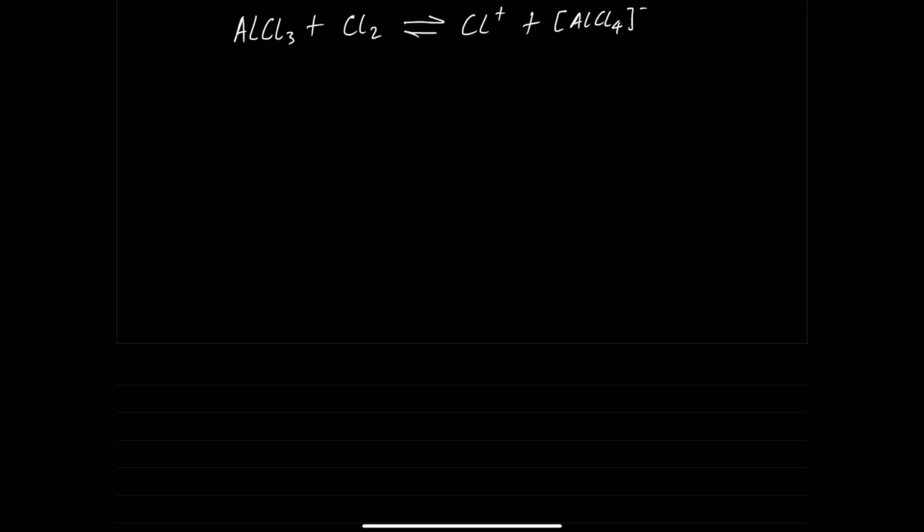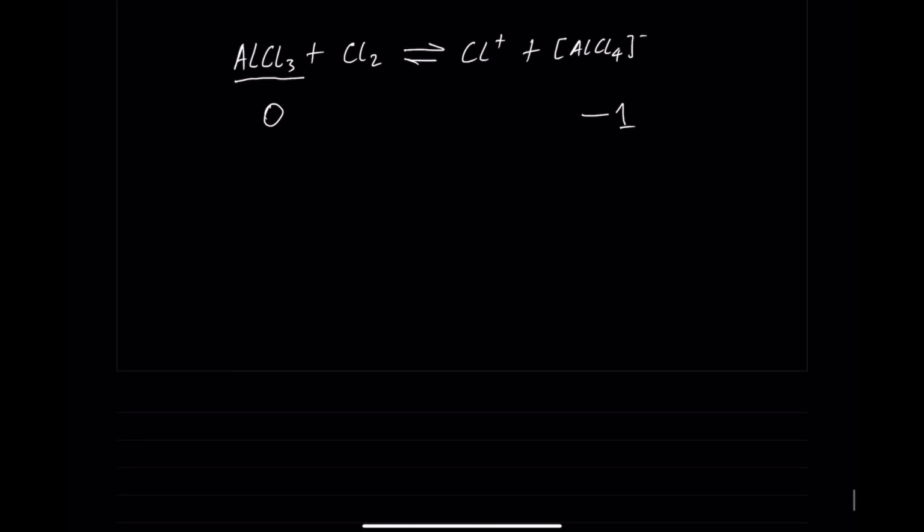And a base is going to be vice versa to that, where a Lewis base is a lone pair donator. So here I'm going to be looking at what's gaining a lone pair and what's losing a lone pair here. In this case, AlCl3 is the one that's gaining a lone pair, because it's going from no overall charge to a -1 overall charge as it forms AlCl4-, whereas Cl2 is going from no overall charge on the reactant side to a +1 overall charge